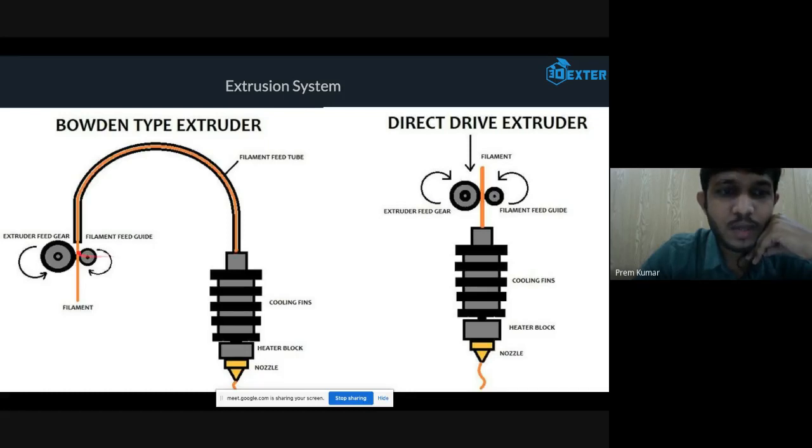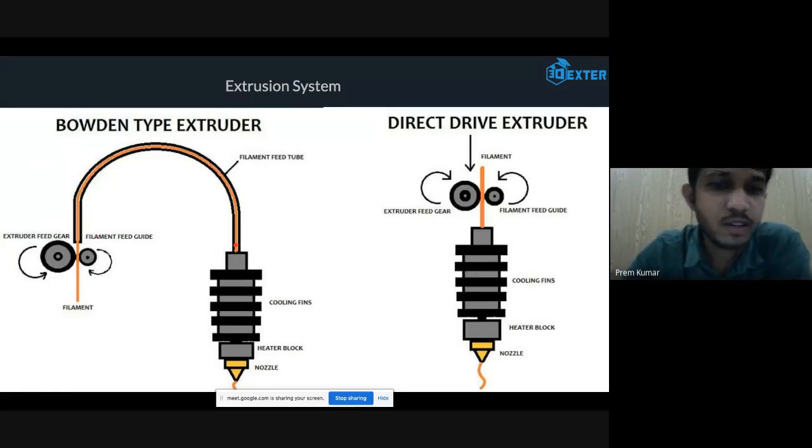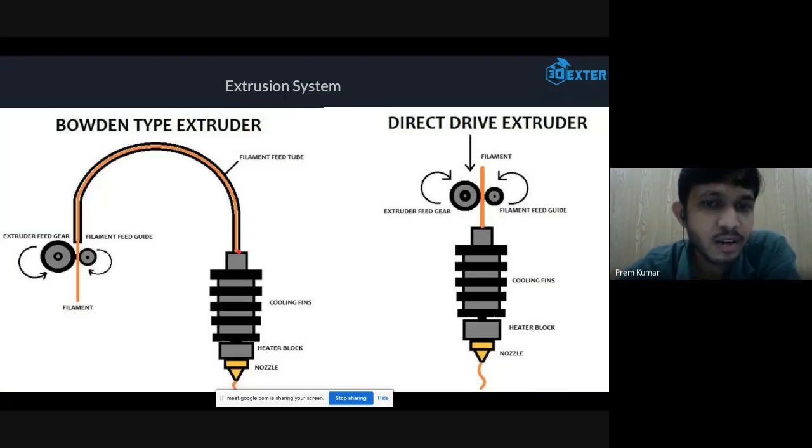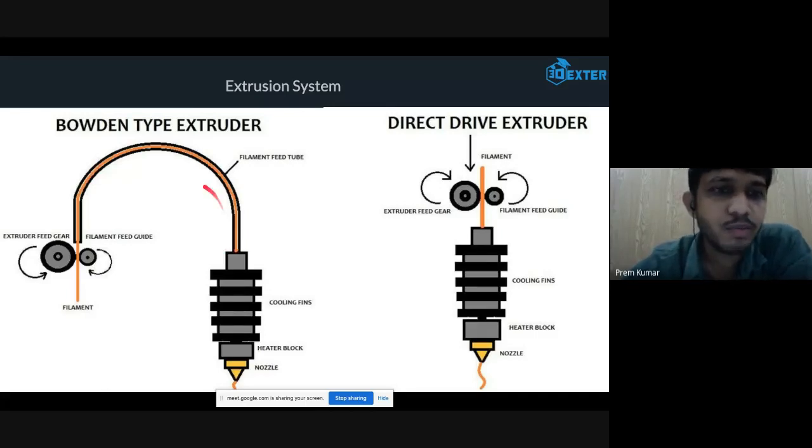If you separate the extrusion mechanism and fix it somewhere else and connect it with a pipe, you are reducing the weight on the moving mechanism. This results in improved print quality, reduces the noise in your machine, and decreases the vibrations in the prints. So this is the benefit of the Bowden type.